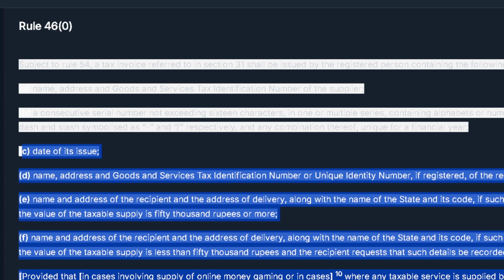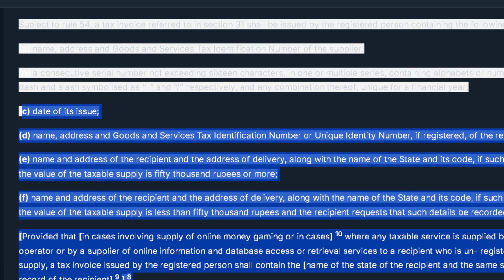The name and address of the recipient and the address of delivery along with the name of the state and its code, if such recipient is unregistered and the value of the taxable supply is less than 50,000 rupees and the recipient requests that such details be recorded in the tax invoice,